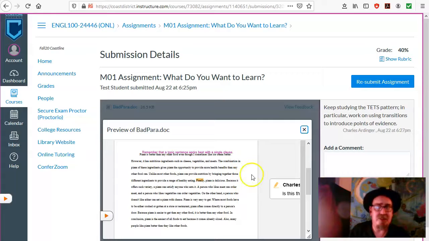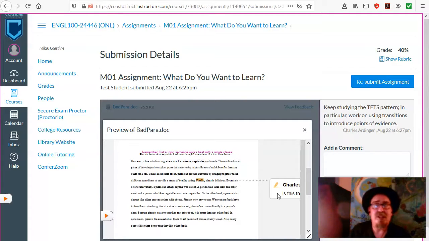But what I want you to notice is that within this really tiny type, I have made an annotation. What that means is that in a virtual way, I have written on your paper in just the same way that I would write on your paper with a pen if you gave it to me in a face-to-face class. Also, I have made a highlight, and that highlight leads to this text box, which again you'll be able to see more of, more than likely, when you're having this experience for real.